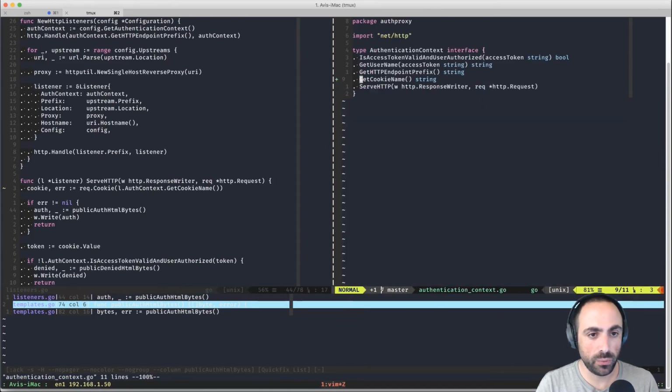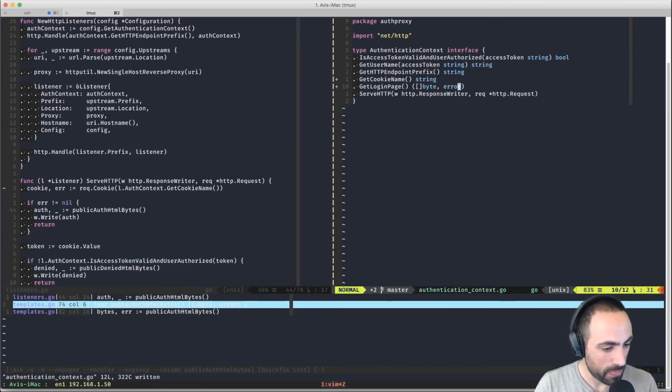So here, what I'm going to do is get login page here, and this is going to be a string. This is going to be byte and error, right? Byte and an error. Are those stars actually tabs or spaces? Yes, those are tabs. And my Vim is highlighting those tabs.